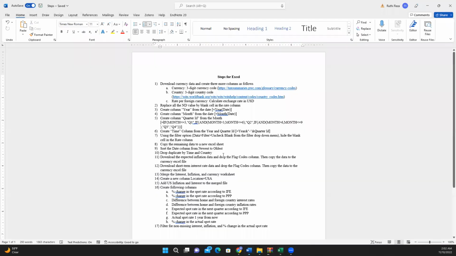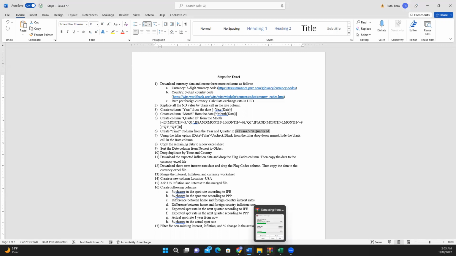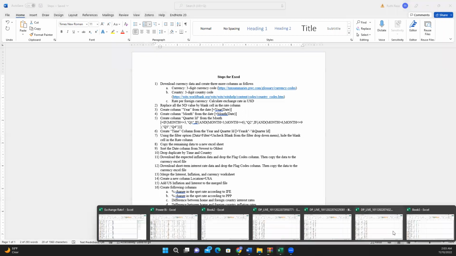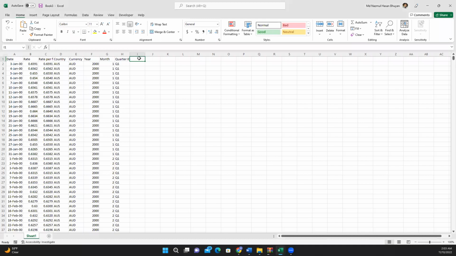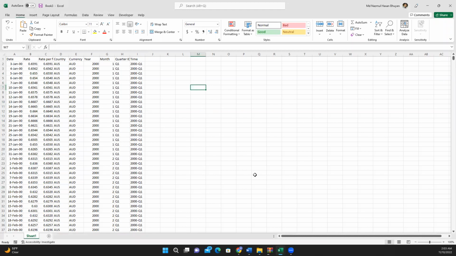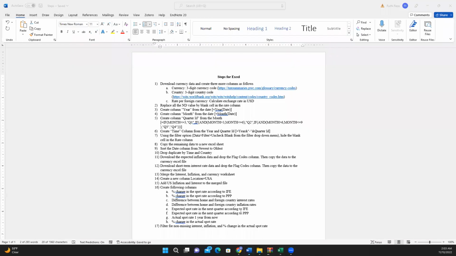So next step is, now we are going to create a time column, and then the function we are going to use here is this. Remember, we have year column, we have quarter ID column, right? Okay, now time, and then again we already have the function here. So in place of year, we are going to put the actual year cell. In place of quarter ID, we're going to put the actual quarter ID cell. Then hit OK. Now you got the time column. Next,